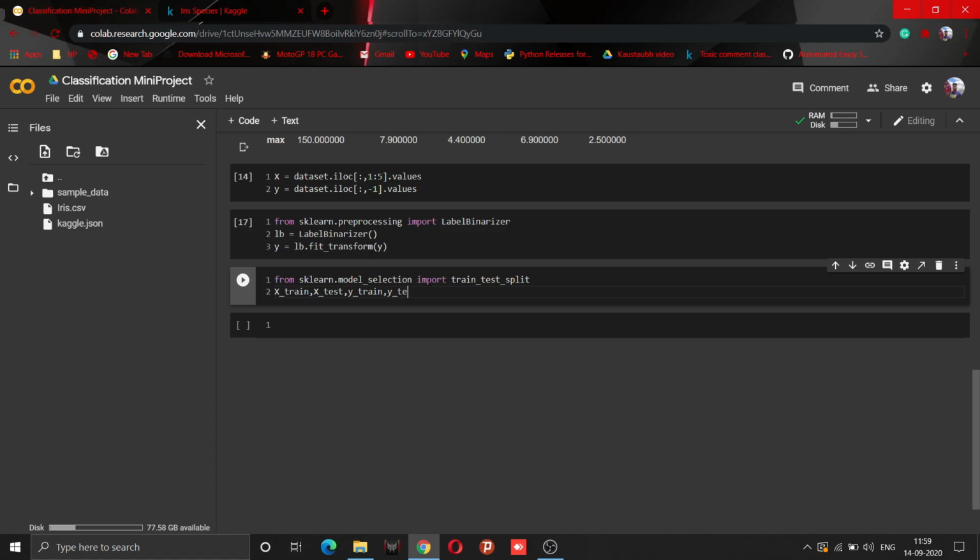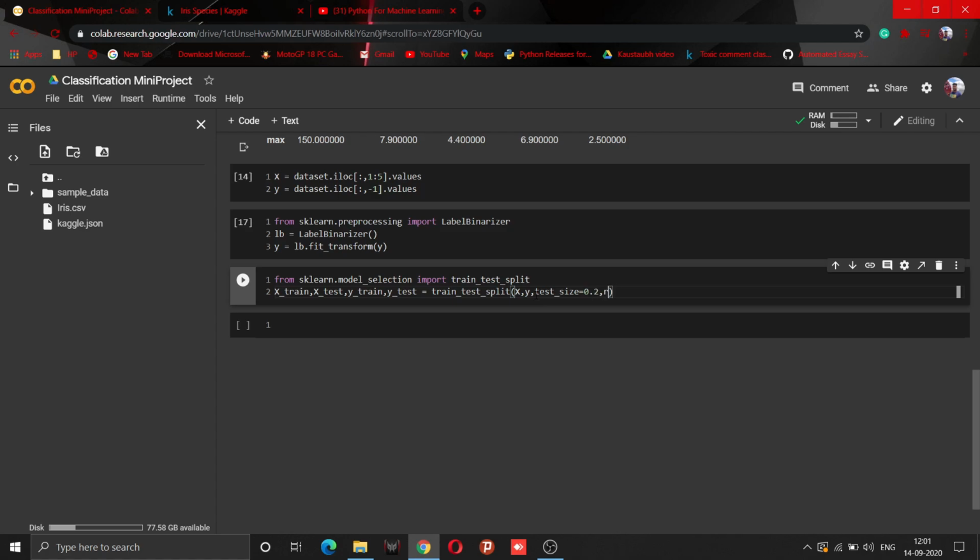These are the four variables that will be returned by this function, and we will write the name of the class, train_test_split. The first argument will be the independent column, that is x. The second will be the dependent, that is y. Then the next argument is test_size. In this argument we have to specify the ratio in which we want to split. For example, I want 80% training and 20% testing, so I will write test_size as 0.2.